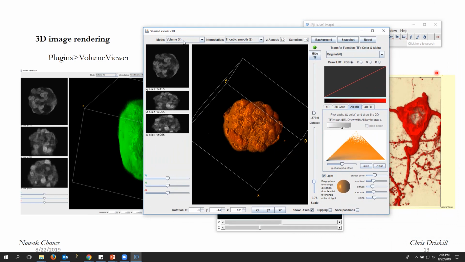Make sure that you select volume, tricubic smooth option, and 2D MD, which is going to give you a triangle like this, and then you can click on the light. It is going to do 3D rendering, and you can adjust these parameters, the scale and the numbers and all of that. And of course, make sure that the Z aspect ratio is set to whatever number is the actual one for the image. This is again going to require a lot of RAM, and if you also have a graphics card, that's even better, because I'm right now not moving it because it is going to eat up all of my memory in the computer. Just for the sake of showing, I'm not showing it, but make sure that you do it on your computer.